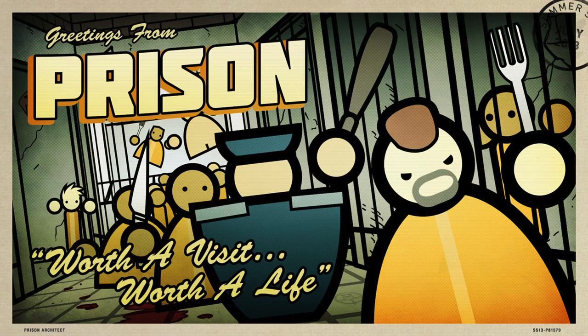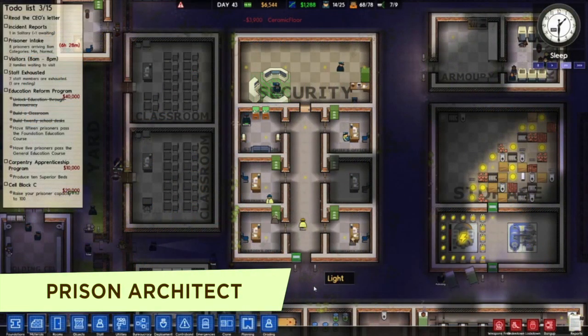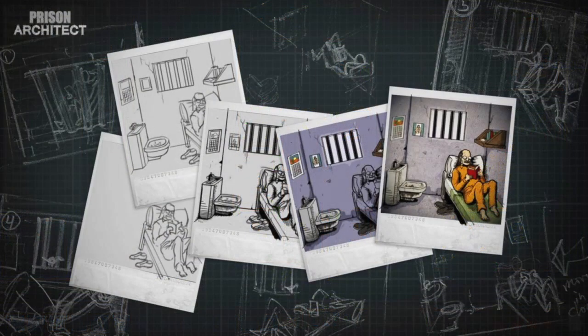Next up, this is an offer ending today. You've got to get this today or you'll miss it. 80% off Prison Architect. That's £3.99, $6.30. Really awesome game. The reason I didn't include this in my must-haves, because I almost consider it to be there, is because Prison Architect is quite a specific game compared to those other ones. It's a sort of management organization game, and those games are not for everybody, but Prison Architect is